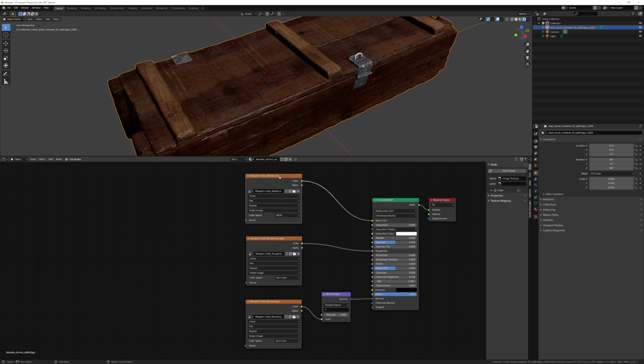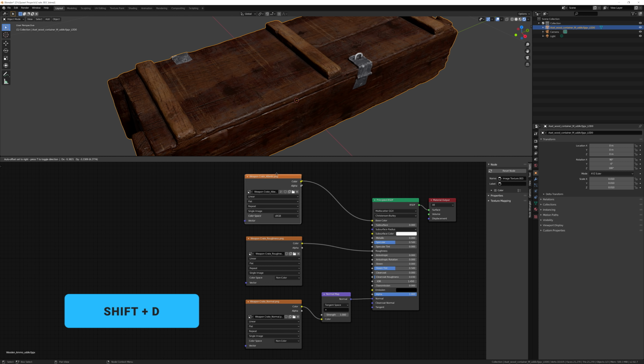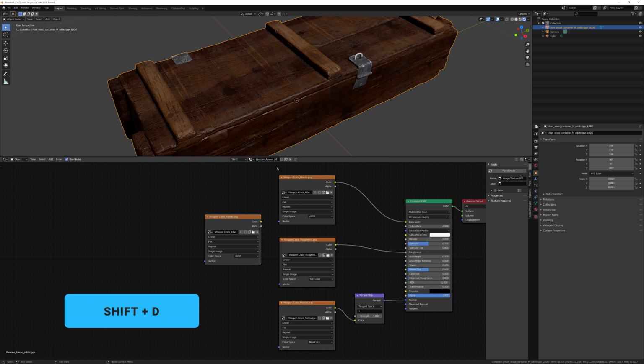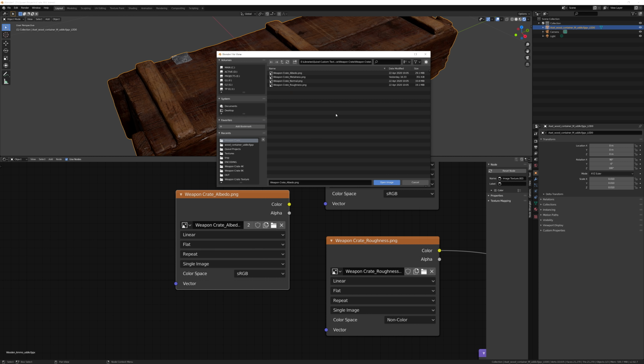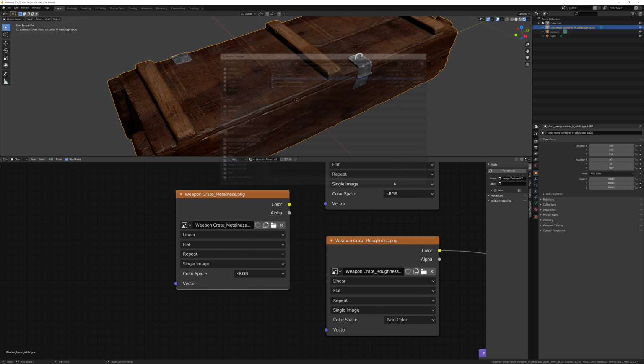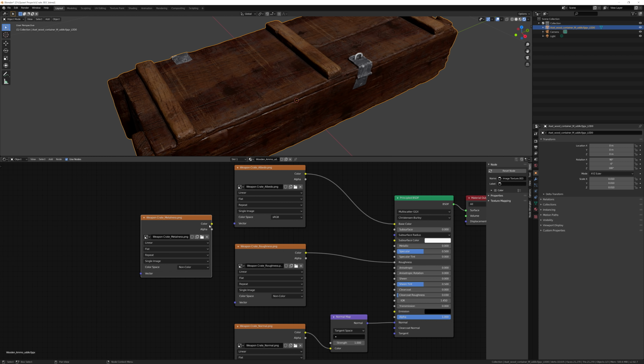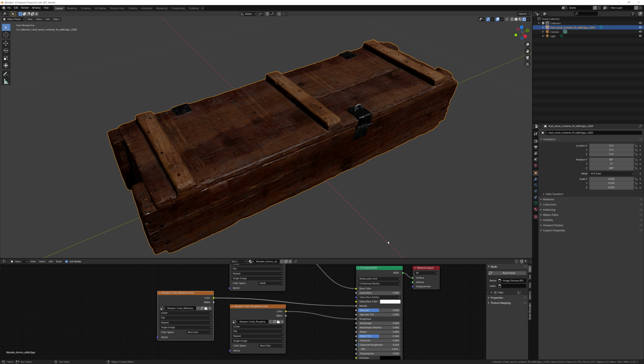So I'm going to select the albedo texture, and then I'm going to hit Shift D, and that's going to duplicate this texture. So by duplicating the texture, that's just going to help us search for the new image much faster because it's going to go to the same folder that the albedo is located in. So since we're right here, let's go ahead and select the metalness map and click open image. Again, make sure that this map is set to non-color, and then just simply drag the color output of this node into the metallic input of the principled shader here on the right. And now we have the crate here in this top viewport displaying exactly the way it should be based on how we edited that in Mixer.